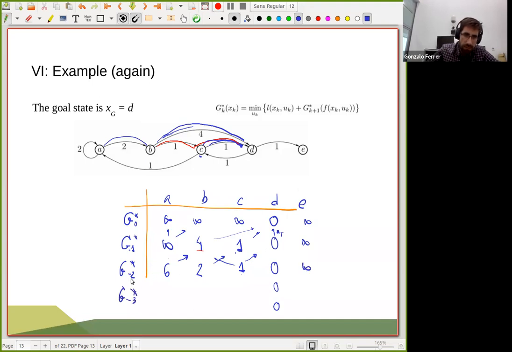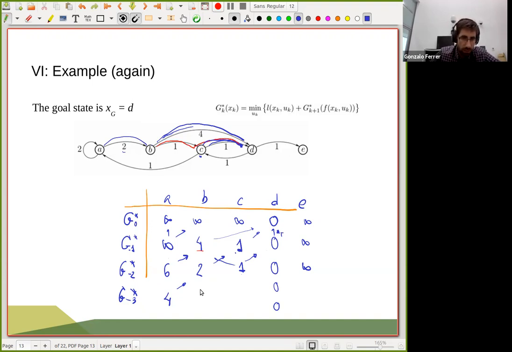Okay, I'm going to do this a little faster because there are maybe some interesting examples. 6 here. What is the optimal cost to go? Probably it's better from A to go to B and then C, D. So this is a length 3 trajectory, and it's going to be of cost 4, right? So 2 plus 1 and 2.